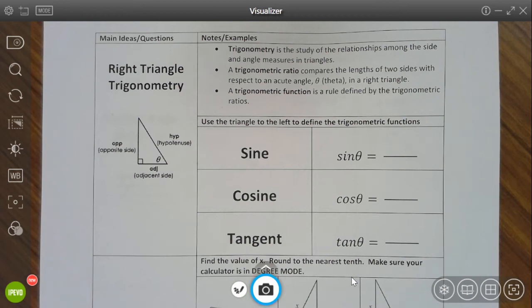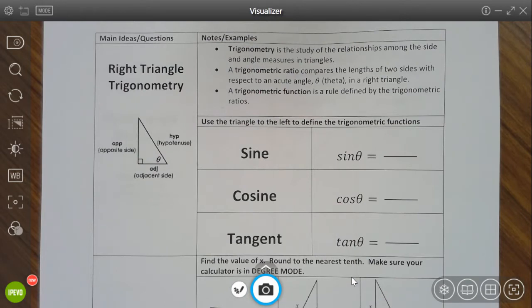In this video, we're going to review right triangle trigonometry. Trigonometry is the study of the relationships among the side and angle measures in triangles. When you were taught right triangle trigonometry in geometry, you focused in on the side and angle measurements of your